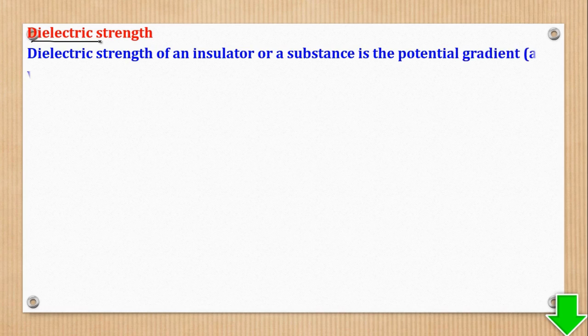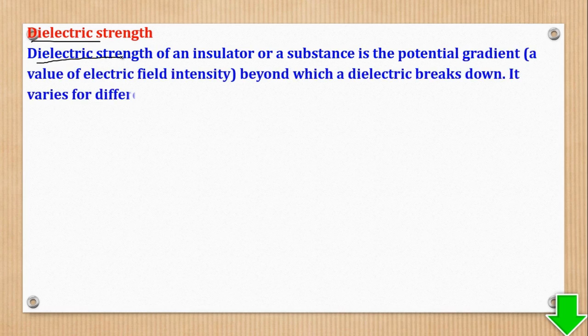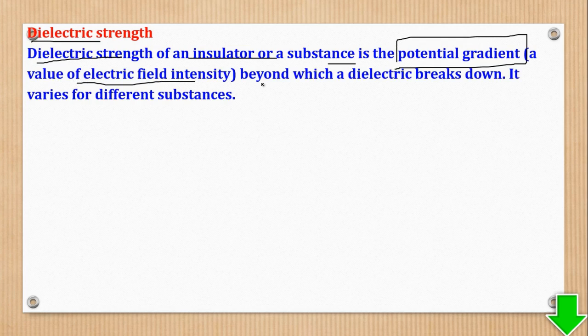So there are some terms which we also need to know. One is dielectric strength. So what is a dielectric strength? The dielectric strength of an insulator or a substance is the potential gradient. Now when we talk about potential gradient, we talk about the value of electric field intensity. You can say potential gradient or electric field